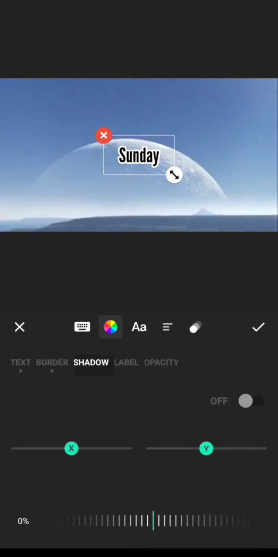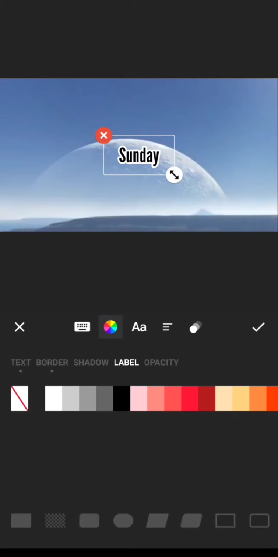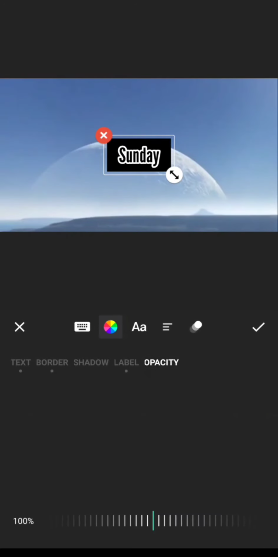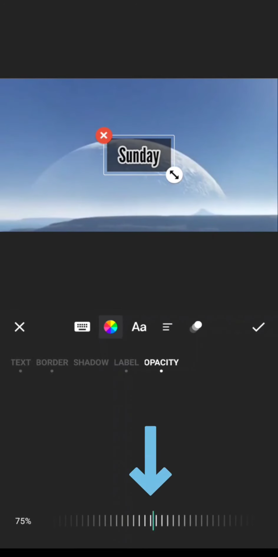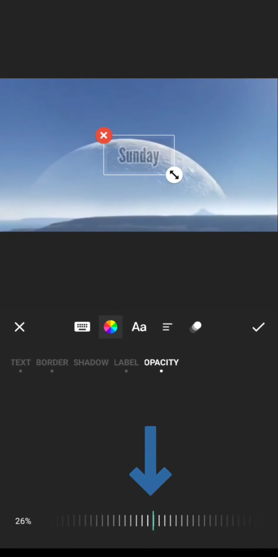Then shadow, arrangement of the shadow, whether left, right, up or down, both are provided over there. Whatever way we want, we can arrange that one. And if you want to turn off the shadow, I can turn it off over there. No shadow will be coming. Now labeling can be done, because if I want to highlight that point, I can easily give a label over there. Then finally opacity is provided. Down we can see it is 100%, and I can make the opacity lower so that it will be shown just like a watermark. If I am giving 100, it will be shown in a good manner.